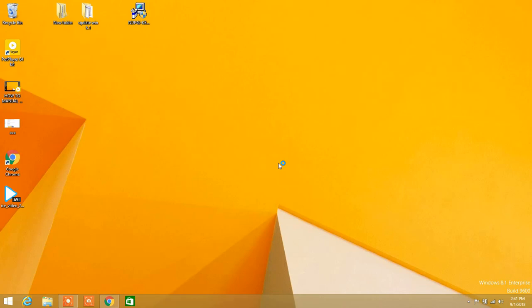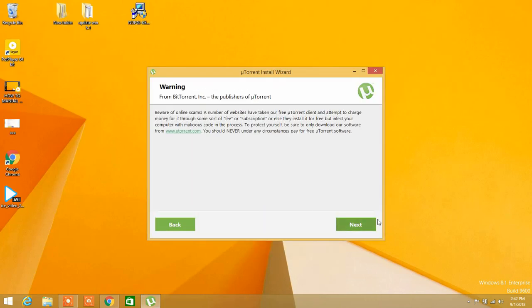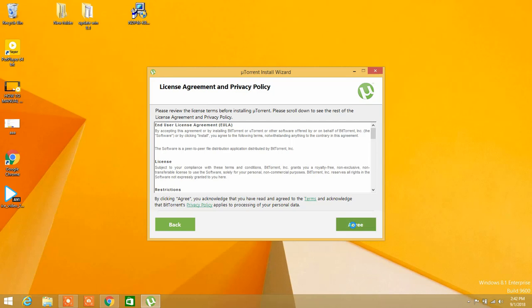Click yes and install uTorrent on your device. Click next, agree,